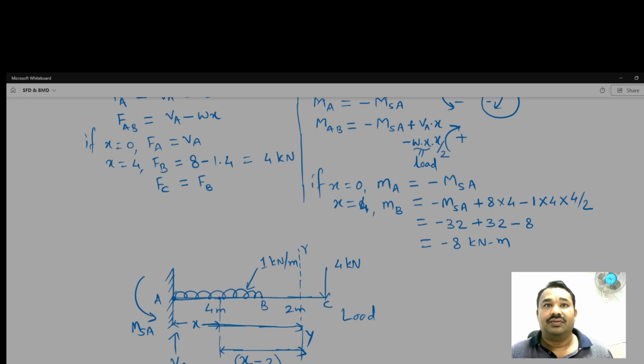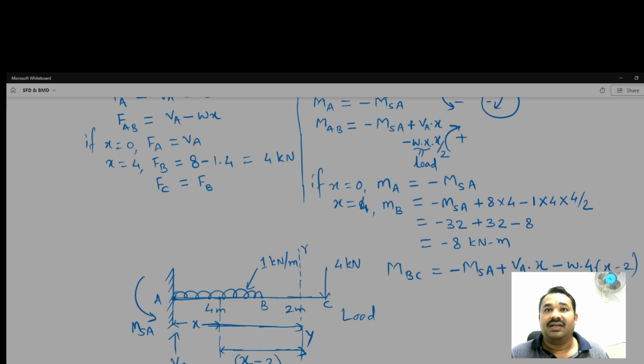Okay, so now the bending moment in between the BC is equal to minus M SA, then plus VA multiplied by X, then minus this UDL, that is W, and we have to multiply with the length, that's by 4, and then we have to multiply the distance. So distance x minus 2,